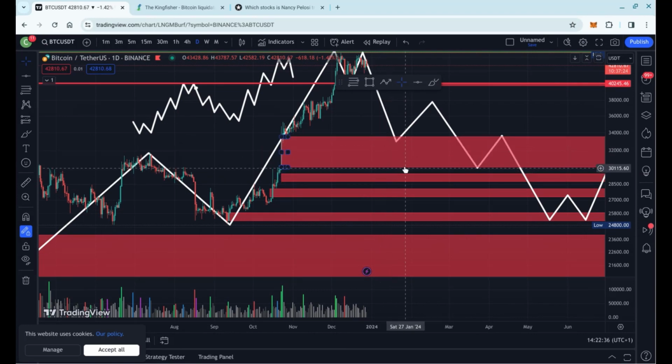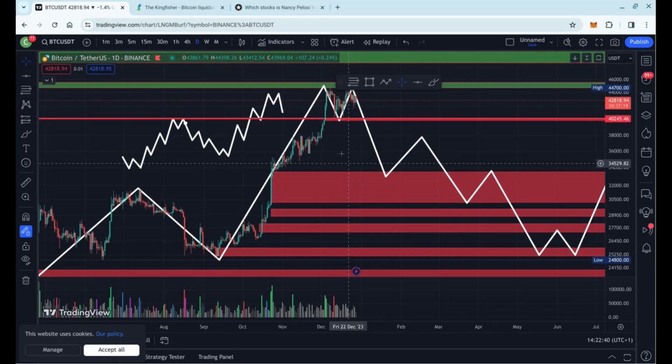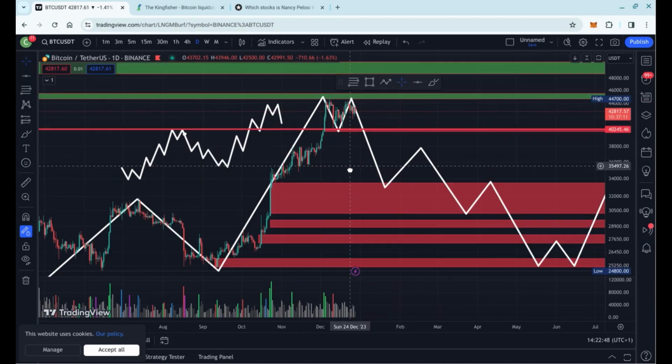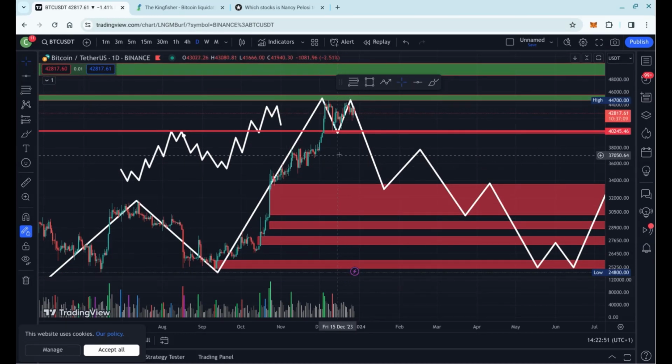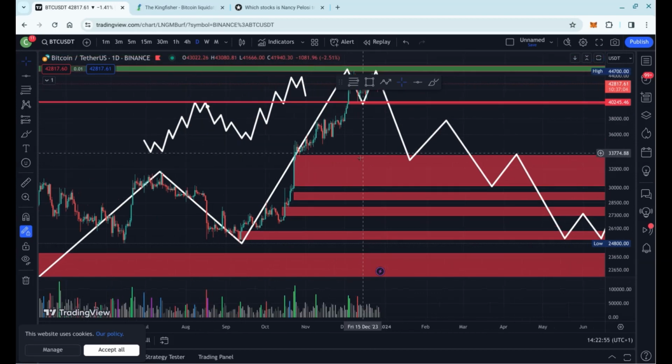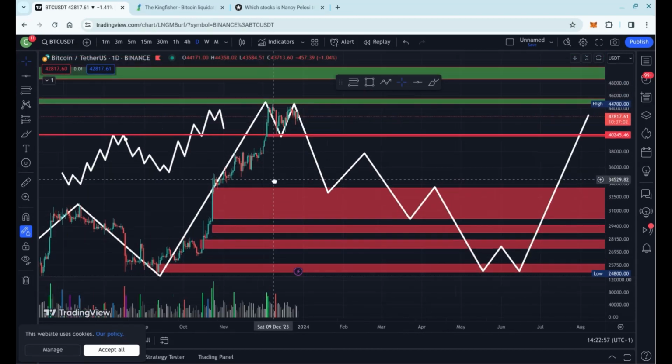33 to 30k area. That is where a big volume candle is residing, and it's the closest one to the current price point, so it's kind of logical to make the idea that we're gonna go there. Not financial advice, this is just for educational and entertainment purposes only. But the volume candles usually get recovered on every time frame. So we're gonna see a 3-step